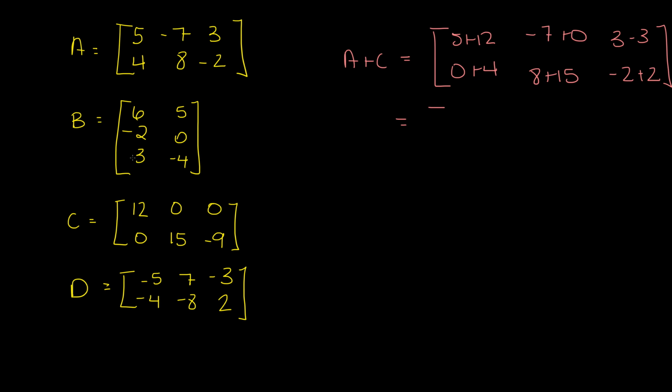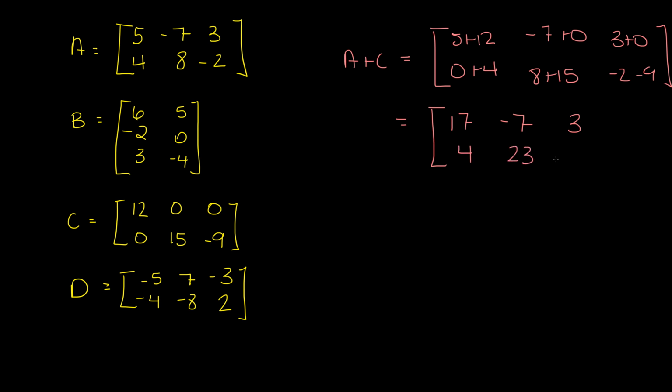oh, what did I get? I jumped. I went to D and I didn't stay with C here. This is 15, this is 0 and 9. I was like, wow, those are just zeros, but I jumped all the way down. My eyes went down too far. 0 and negative 2 minus 9. All right, so this would equal 17, negative 7, 3, 4,